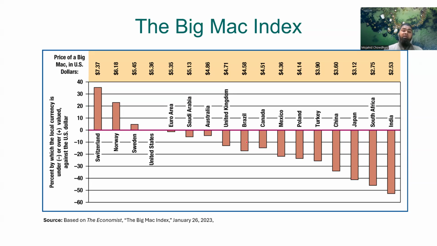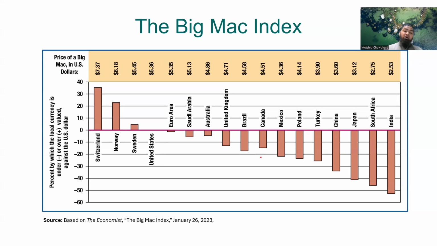The index first gathers information about the price of hamburgers at McDonald's restaurants worldwide. It then compares the prices based on the actual exchange rate to those based on the purchasing power parity price of Big Macs to assess whether a nation's currency is